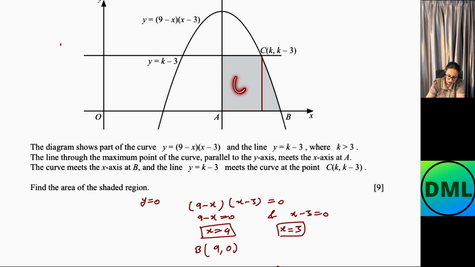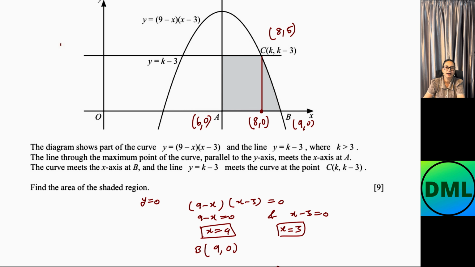This is my region. The coordinates of A are 6, 0. The coordinates of B are 9, 0. The coordinates of C are 8, 5. If I have to write down the coordinate of this one, this will be 8, 0. Let's write down here 8, 0. This shape has been divided into two parts, rectangle and the curved part.